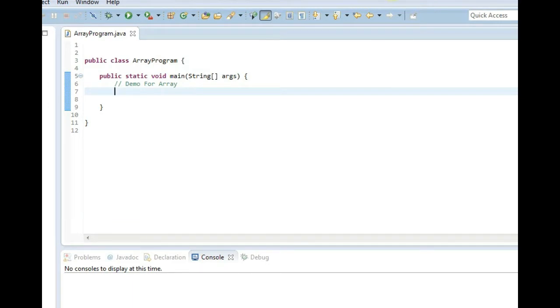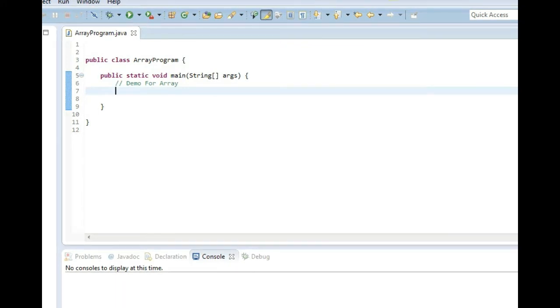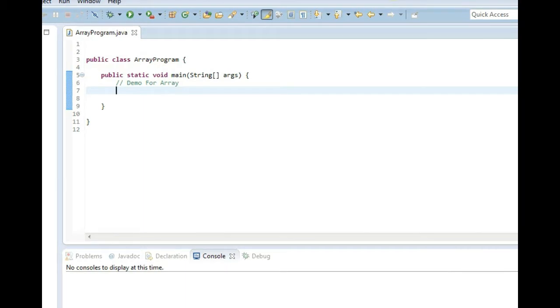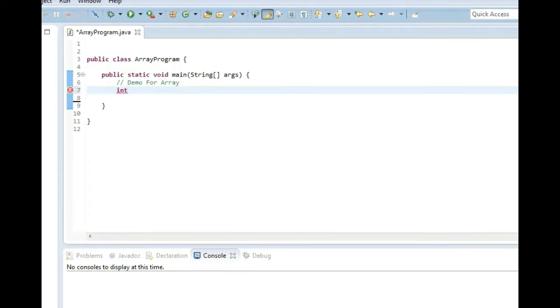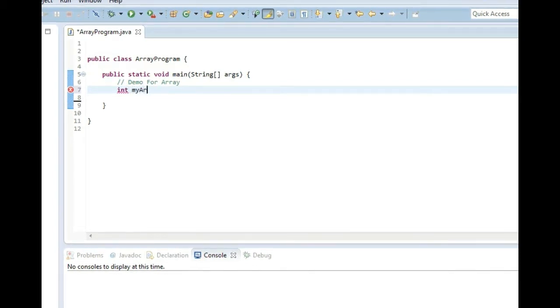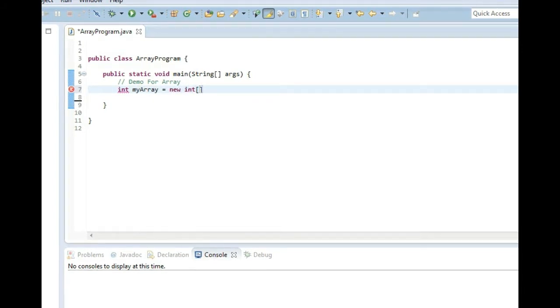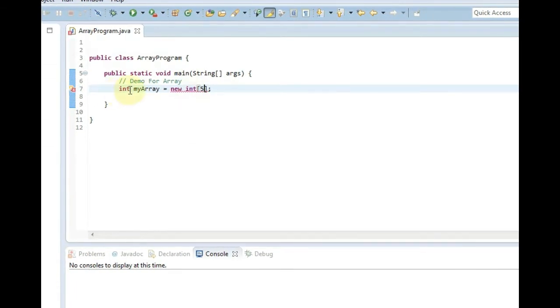It is similar to taking a normal input, but since this is an array, we have to use a for loop to take input. So let's see how. First, we'll initialize the array and give it a fixed size. Since we are taking an integer array, we'll take the int data type. Let's call this myArray again, equal to new int, and this array is going to be of size 5. Since this is an array, we have to mention square brackets here.